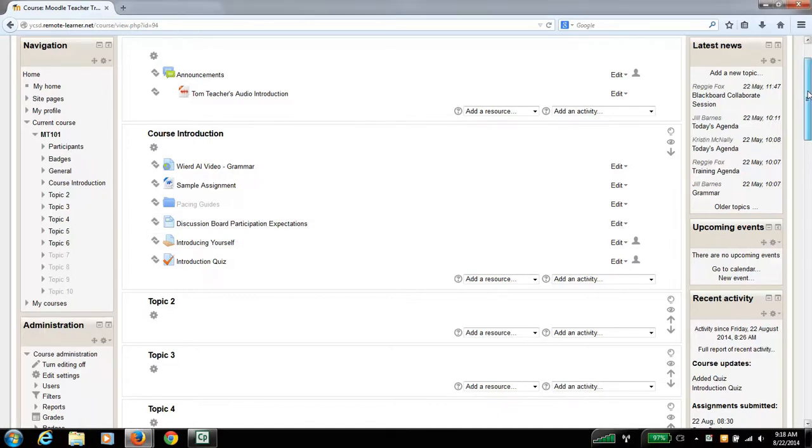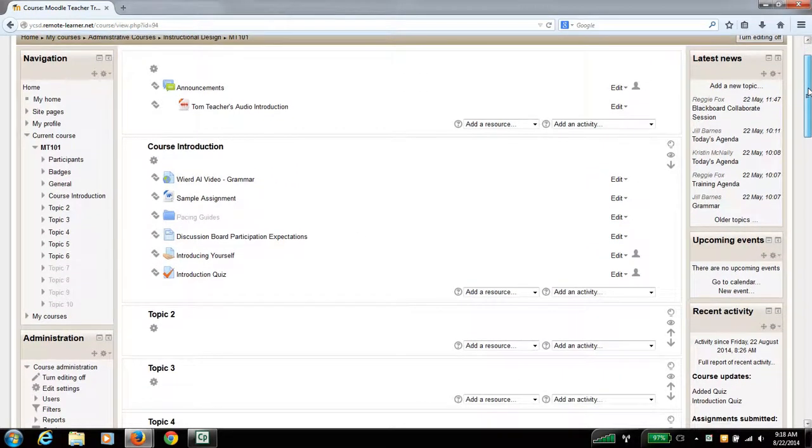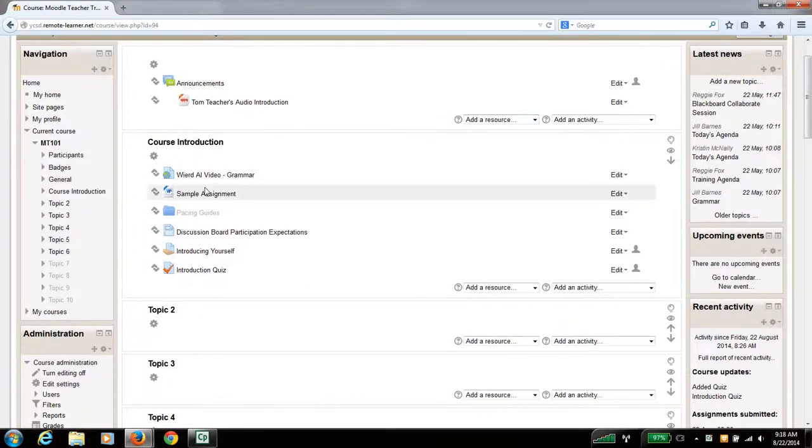So when we look in our course, again, we're logged in as Tom Teacher in our Moodle training course. We see we have quite an array of things appearing within our course introduction section. So something that we might want to do here is reorganize and identify what some of these pieces are. Just to give some perspective, I think about the order I'm going to assign these pieces. The first thing I might do is I want to have the introducing yourself piece